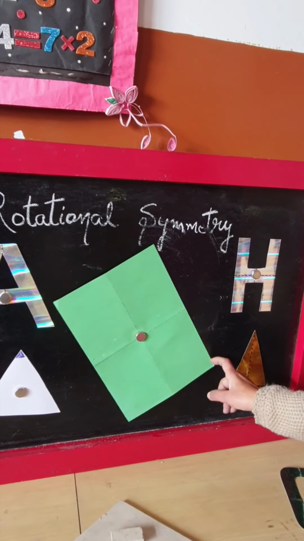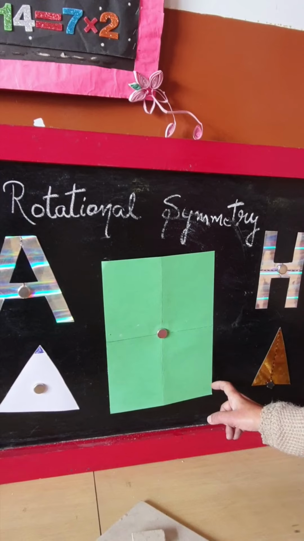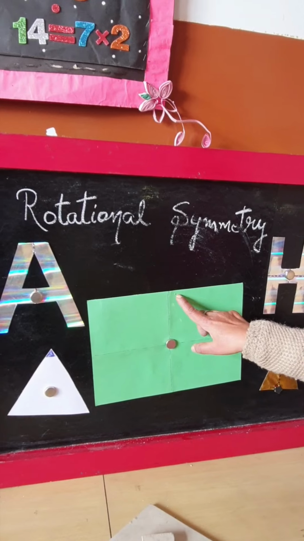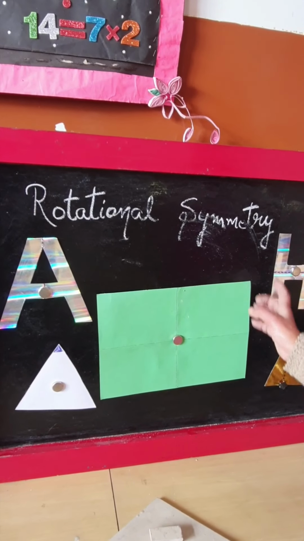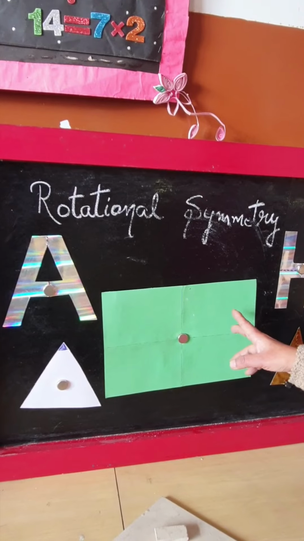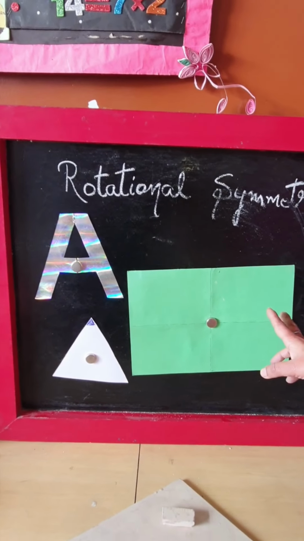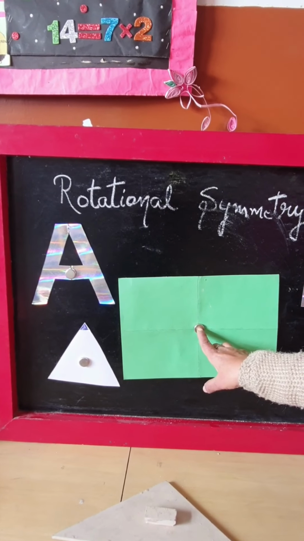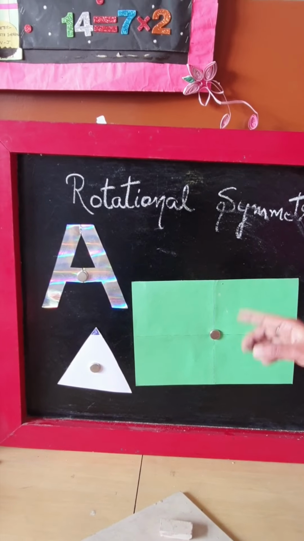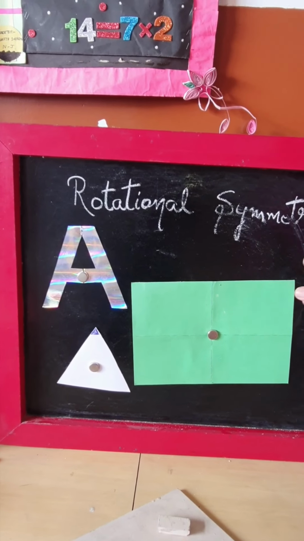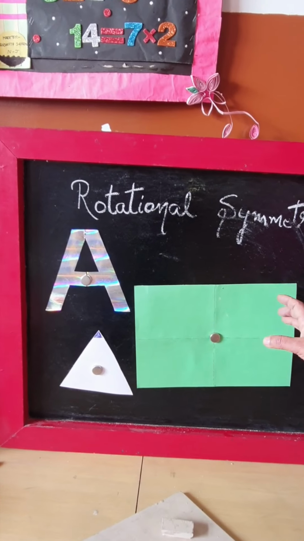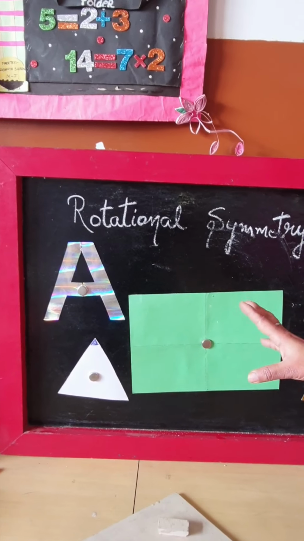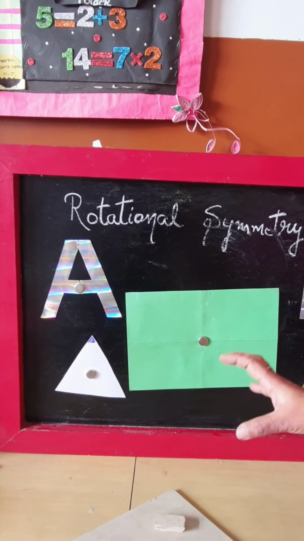Again I move 90, that is 270 in total. It is not taking back its shape. And this is 360, complete; we are back here now. So in this complete round, this rectangle has taken back its own shape 2 times. This 2 is called the order of rotation when this is the center of rotation. And the angle at which it is taking back its original shape was 180. So 180 is the angle of rotation, 2 is the order of rotation and this is the center of rotation. These 3 terms we are going to focus on in this chapter.